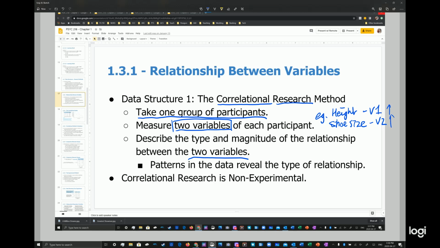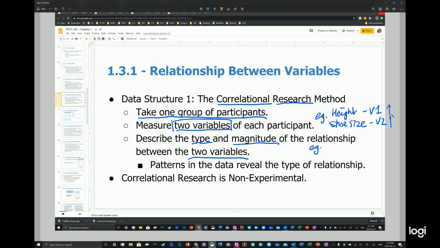And so there might be a relationship that as a person grows taller and you find a taller person, their shoe size is probably going to be bigger. And so we can look at relationships like that between variables of the same group of people and figure out if there is some kind of relationship, whether the relationship goes in the same direction for both variables, or a relationship goes in opposite